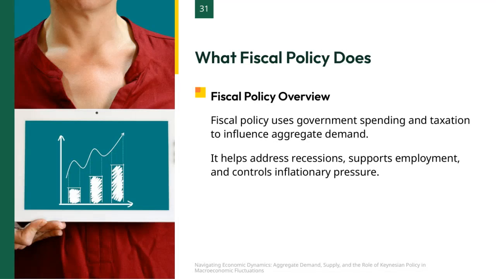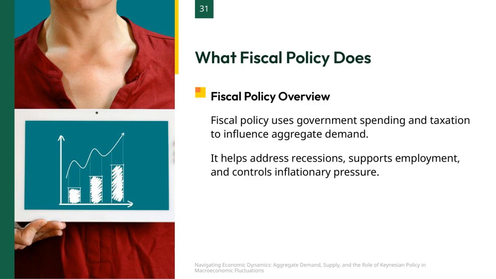Fiscal policy is a powerful tool governments use to guide the economy by adjusting spending and taxation. Essentially, it works by influencing aggregate demand, the total demand for goods and services in the economy. When there's a recession, for example, increased government spending or tax cuts can stimulate demand, helping to boost economic activity and support employment. On the other hand, during times of high inflation, fiscal policy can pull back demand by reducing spending or increasing taxes, which helps to keep price pressures in check. So, fiscal policy plays a crucial role not only in smoothing out economic cycles, but also in promoting stable growth